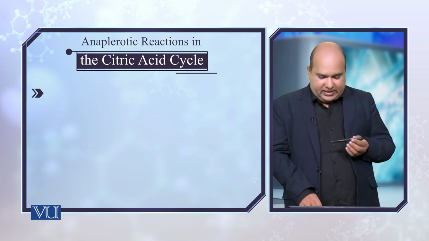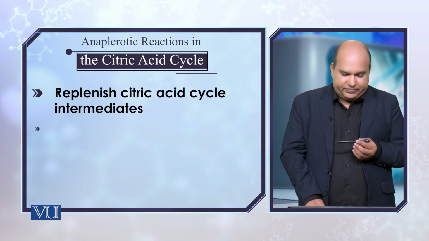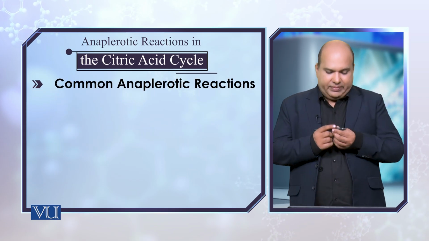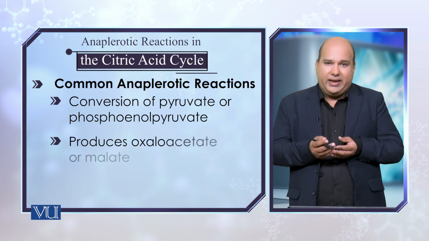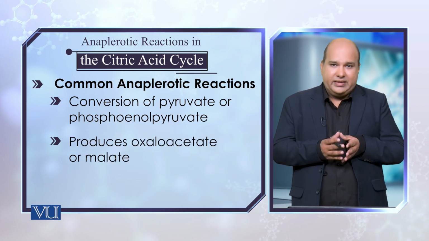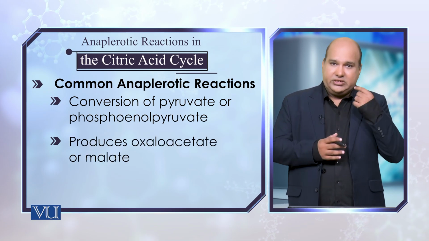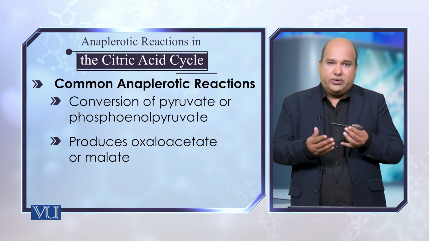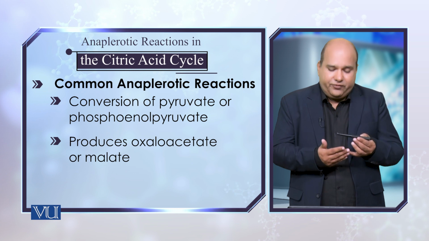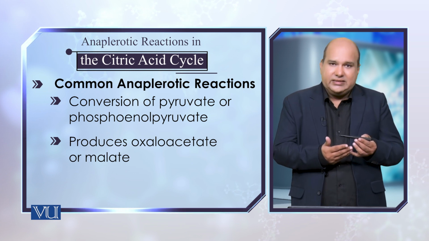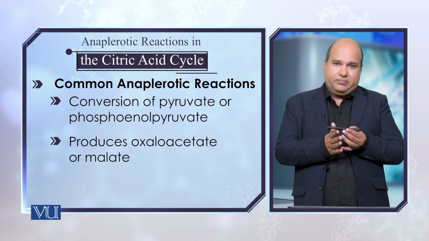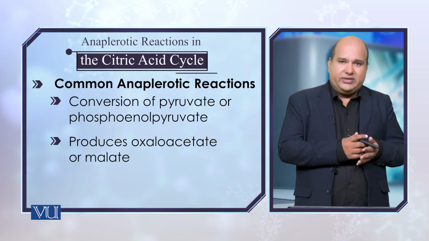For instance, we can say that oxaloacetate or malate, these both are very important intermediates of the TCA. They are formed from different reactions in the TCA or from different pathways which are taking part outside of the TCA,